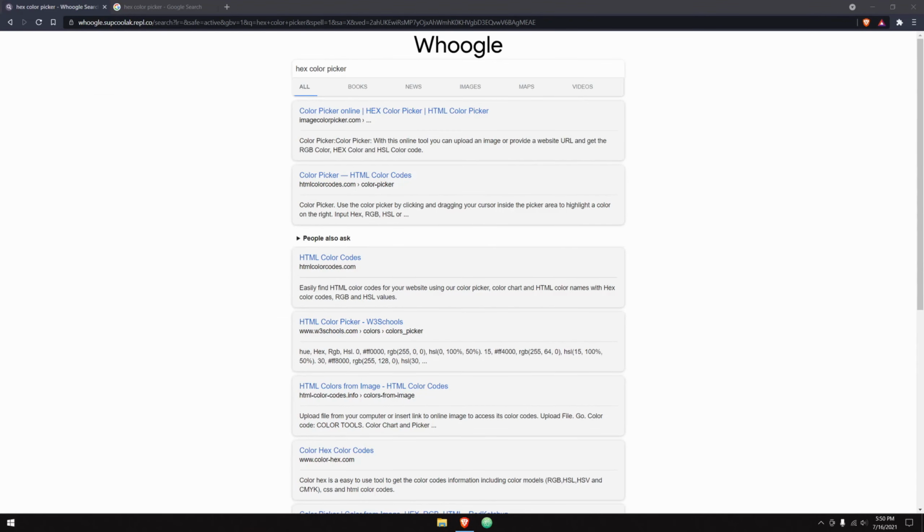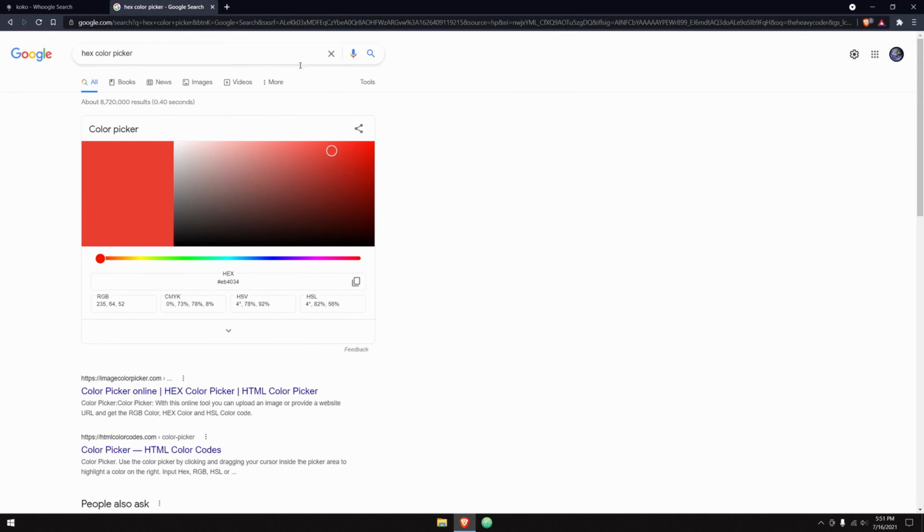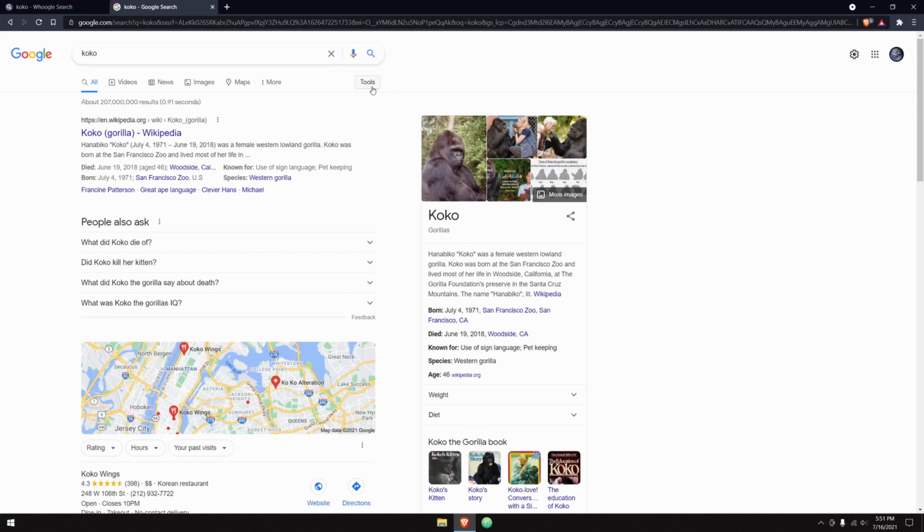Although the second drawback only affects people who need a hex color picker really quickly, this one shows how this engine is really slow when preloading images. So if I search something up that'll preload a bunch of images, you can see over here that it takes a long time. Now if I preload something that takes a lot of images on Google, it loads it faster. This may be because the server takes the image from Google, then renders it on the server, sends it to the client, in this case my computer, and then finally the client renders it.